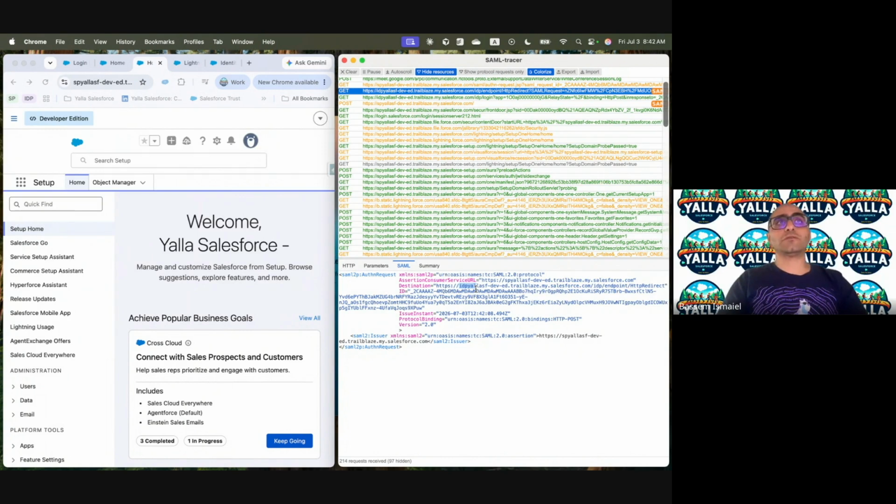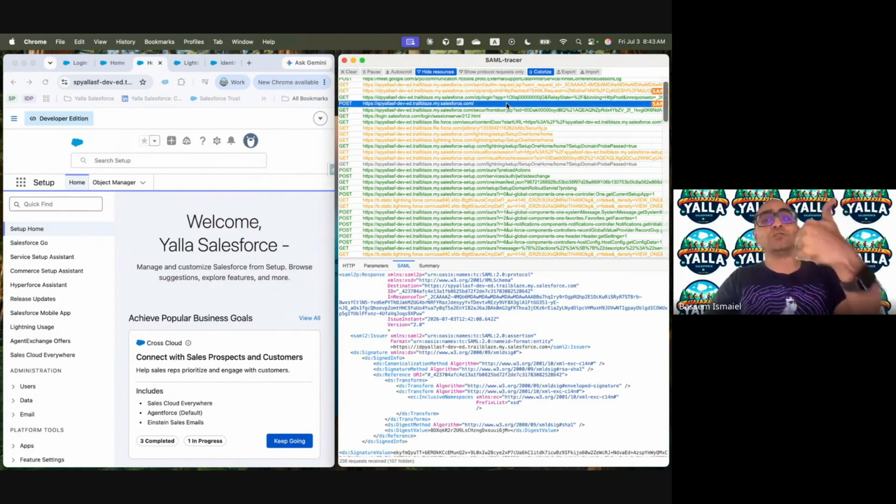So the journey started from the SP, and the destination was the IDP. This is a SAML request from my service provider that went to the identity provider, and now the identity provider replied to me saying, yes, you are allowed to be in.